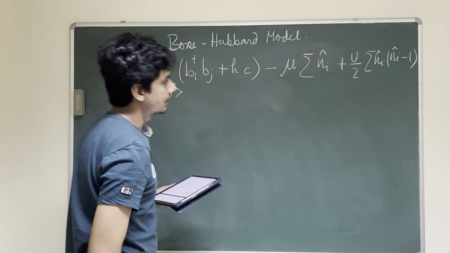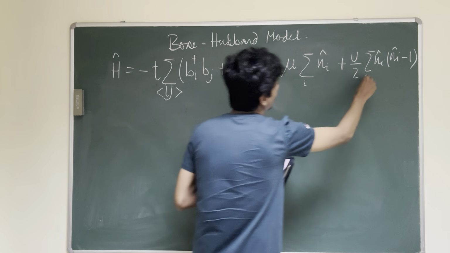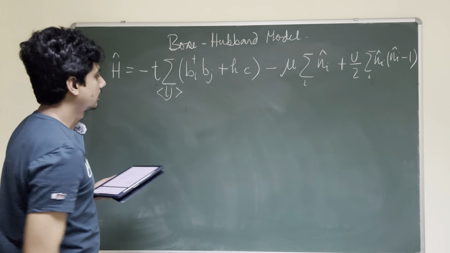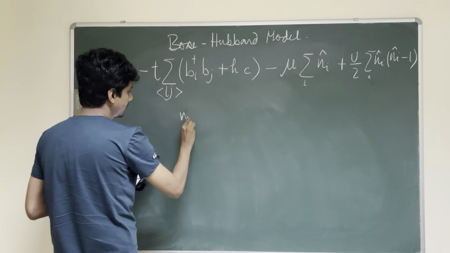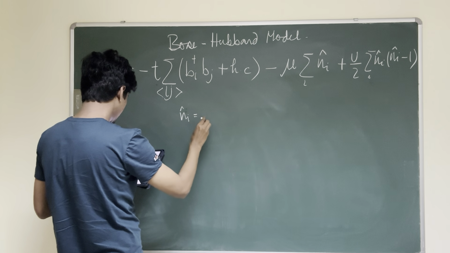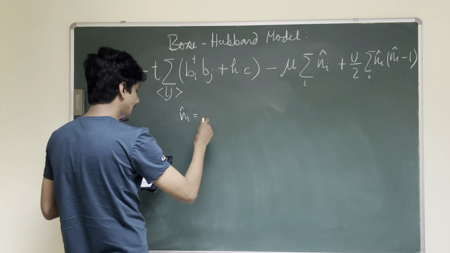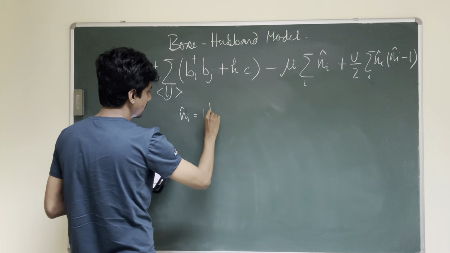So these ni's are the number operator, and this is specifically bi dagger bi,